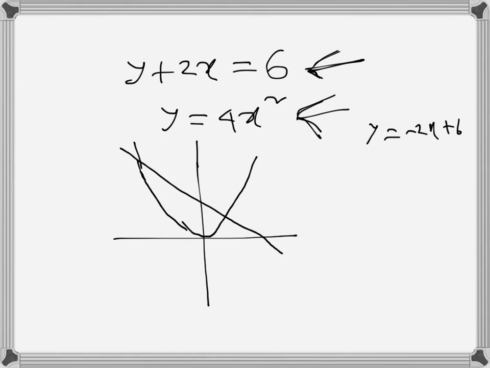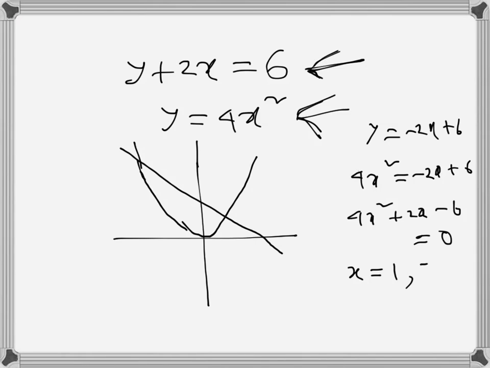And if we solve this to find the intersecting points, we can do 4x square is equal to minus 2x plus 6, so 4x square plus 2x minus 6 equals 0, and then when we solve it we will get x is equal to 1 and x is equal to minus 3 over 2,